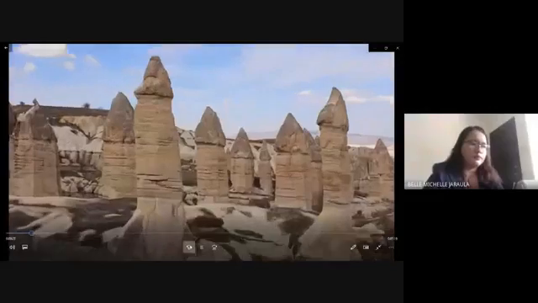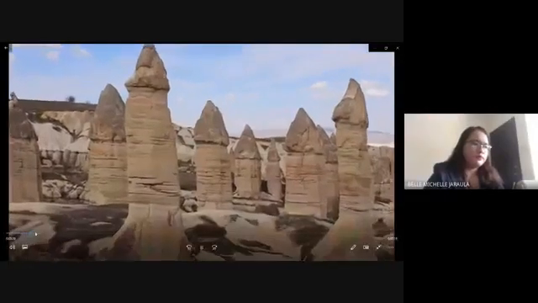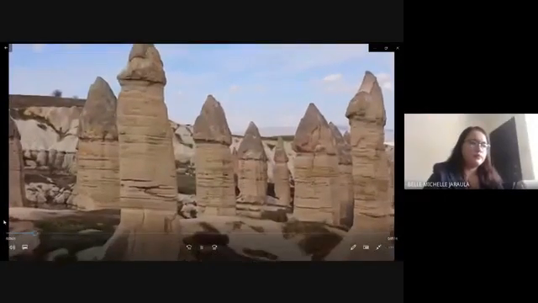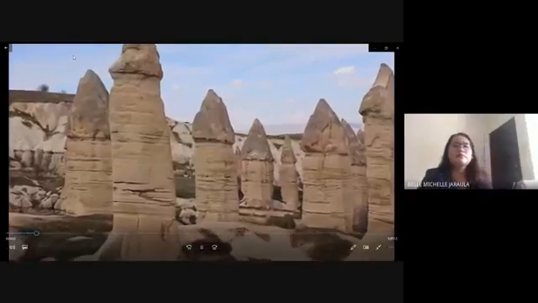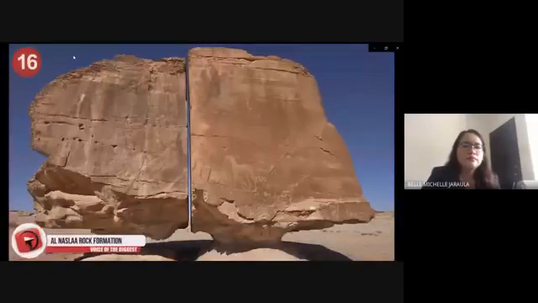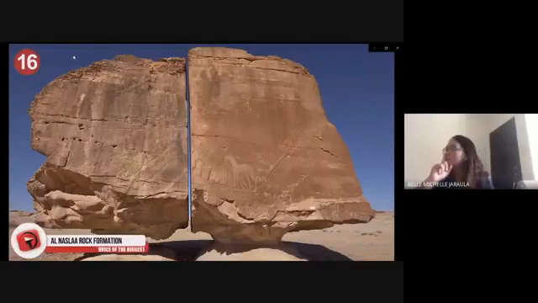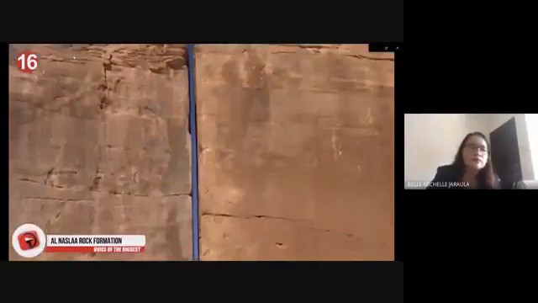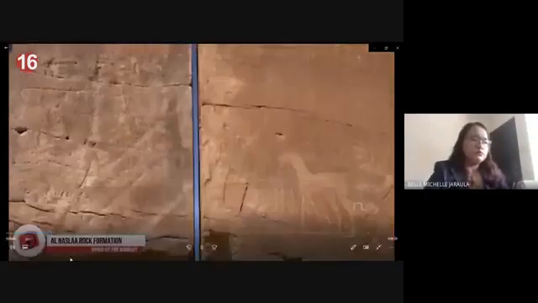Throughout history, it seems like something out of a fairy tale. They are a part of a deep and complex underground cave city that people used to hide from invaders. The rock formation is a strange and mysterious rock formation in South Korea. It's a huge boulder that seems to have been cut down the middle mechanically, but it has been this way for years. It was likely created by some